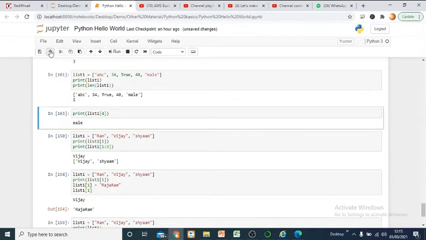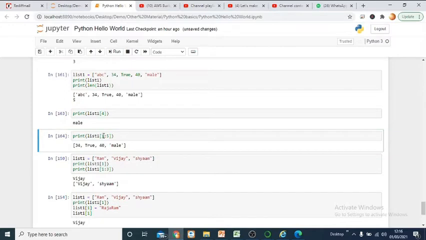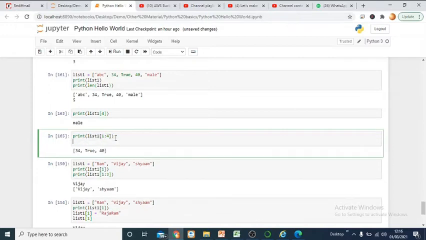But many a time, if you want to see a range directly, you just need to print the list name, and if you want to see a range, for example starting from 1 till all the items, or starting from 1 till the 4th item, you have to mention 1 till 5. If you mention that, you can see all the items. You have to remember the difference if you mention 4 and if you mention 5 here. That will give you a better idea of what the difference is.